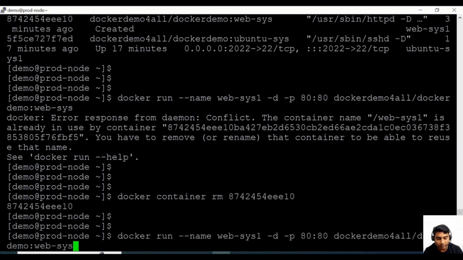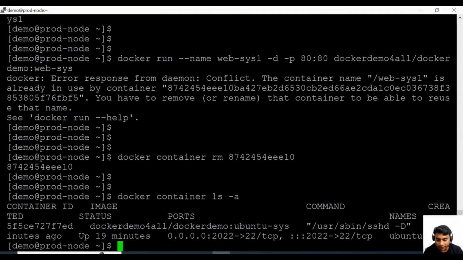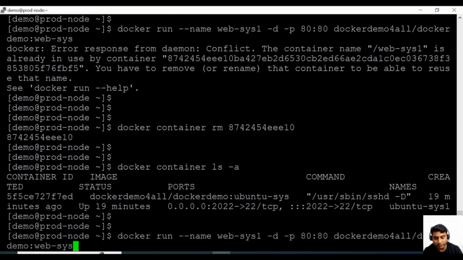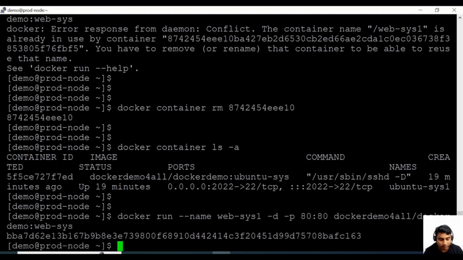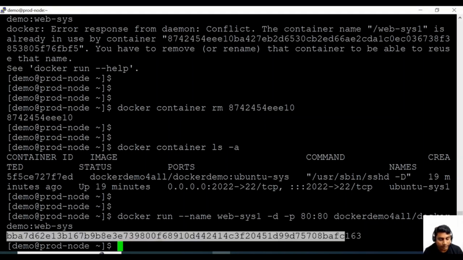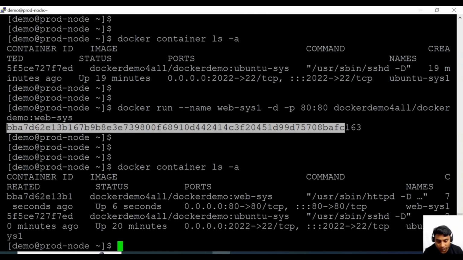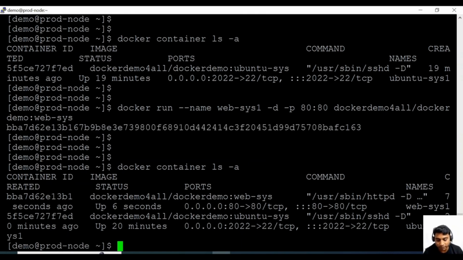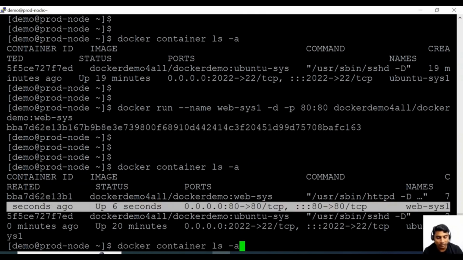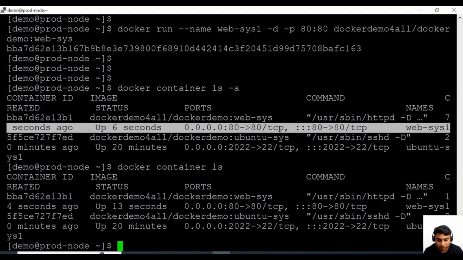So container got deleted. If I'll run container ls -a command, we will see only one container, which is Ubuntu sys1. Now let's try to execute the same command without making any change to the command. Let's see whether it is working or not. You can see the container got created, we got container ID here, and if I'll run docker container ls -a command, we can see both the containers are running,